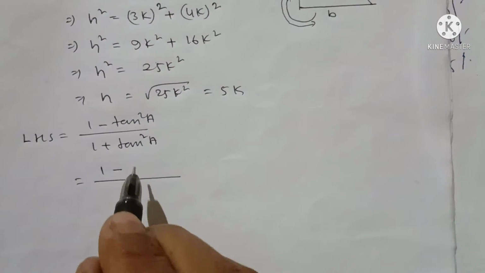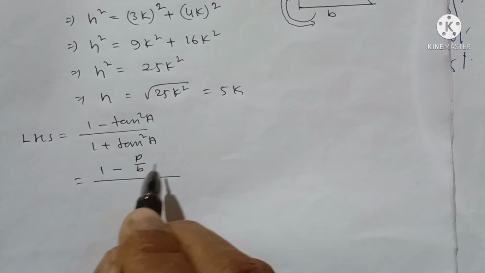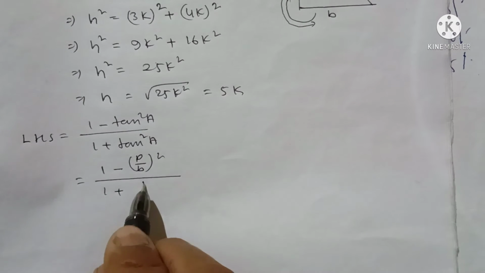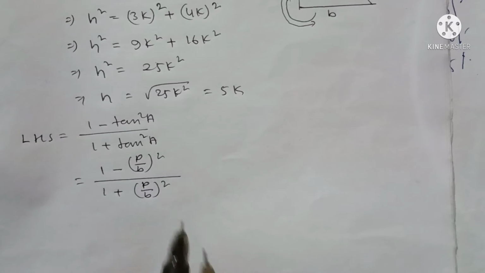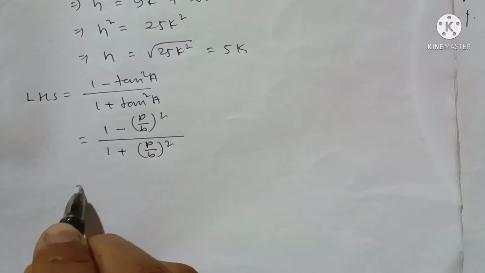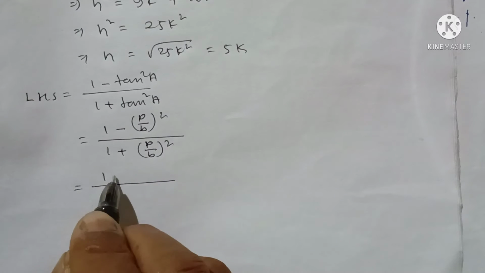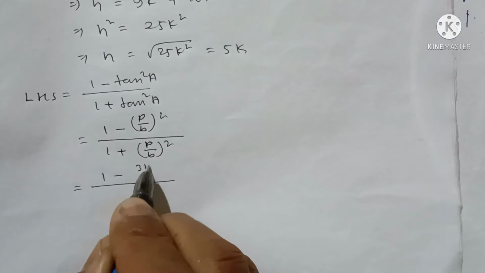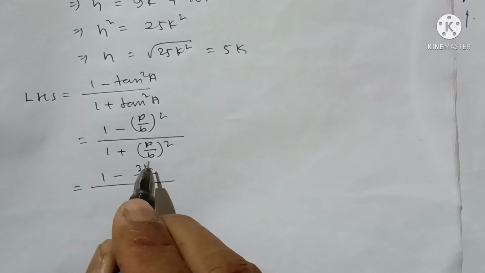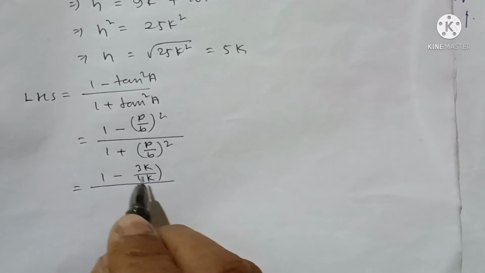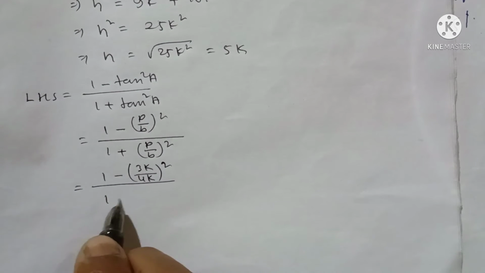Perpendicular by base whole square. Now put the value of P and B. 1 minus the value of P is 3K, value of B is 4K, whole square. 1 plus